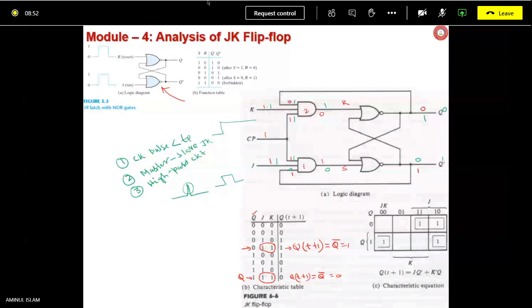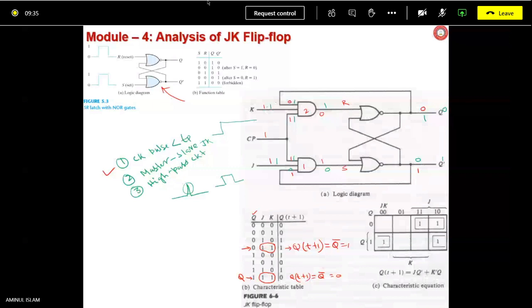So how to prevent that? One is, the clock pulse should be less than TP, the propagation delay, because two gates are there. You see here the AND gate and NOR gate are there. Two gates are going to offer some propagation delay. After that propagation delay, your Q will get the new value, it will be toggled to the new value. If the clock pulse is less than TP, then multiple toggling may not occur. But nowadays integrated circuits are so fast that maintaining this is difficult.